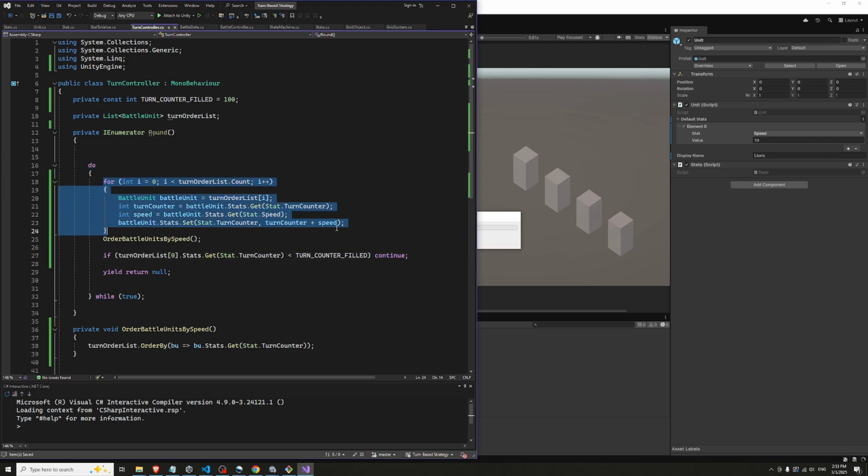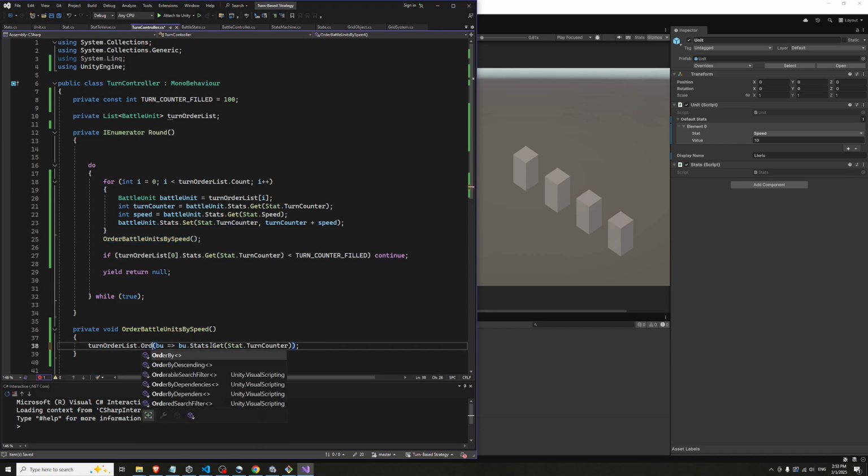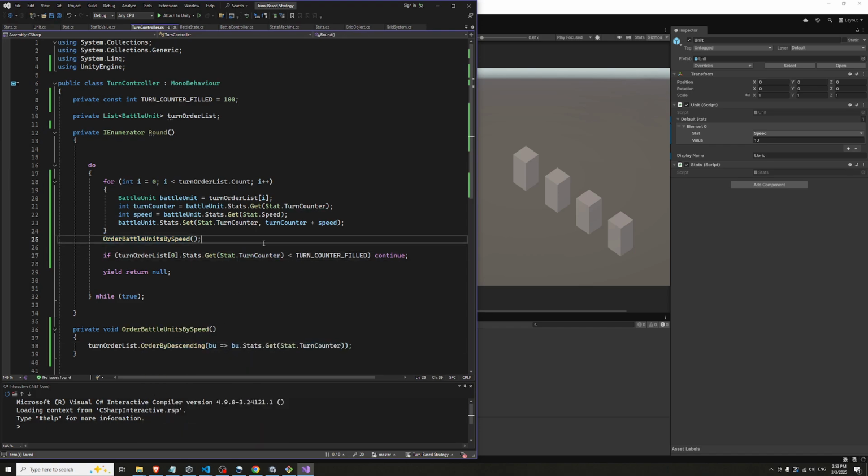So we add everyone's speed to their turn counter. Then we order them by speed. This is probably descending. Order by descending, because we want the highest first. And then we get whoever's at the top and check their speed counter or their turn counter. And if it's less than what is required to take a turn, we just continue. So we skip what's in here and we just go back to the top and add more. But if someone is ready to take their turn,